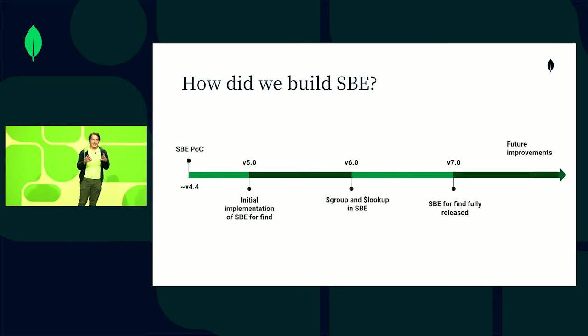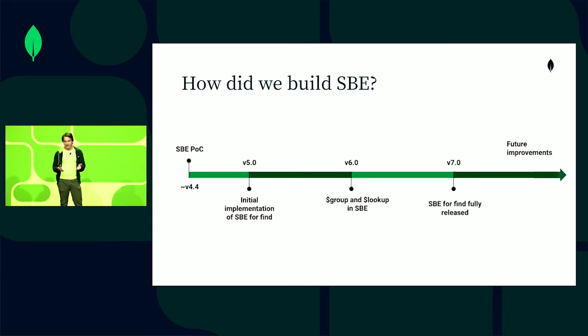But bigger than just the engineering effort to actually improve the engine, one of the things that we had to do during this past release cycle was to rethink our approach to performance. What does it actually mean for us to say that one engine performs better than another engine? What queries do we even care about showing improvements in? What workloads do our customers actually care about? And beyond that, we also needed a bird's eye view for us to be able to say that, on the whole, SBE outperforms the classic engine, so we are comfortable shipping it to you, our customers,